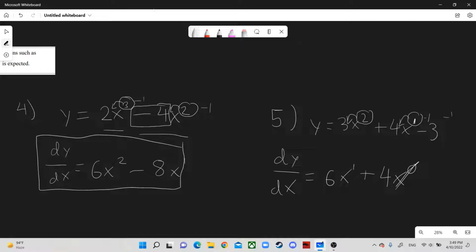Okay? And now here, here we have 3. We just have 3 by itself. Now, 3 is the same thing as 3 times 1. Okay? 1 is x to the 0. So if we were to do the same thing, we take the 0, bring it to the front. 3 times 0, that's 0. So the last term is 0. Okay. So we just have